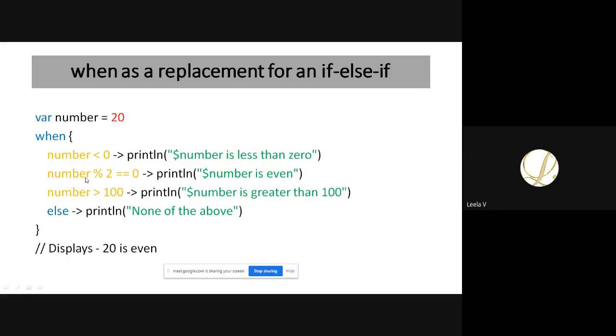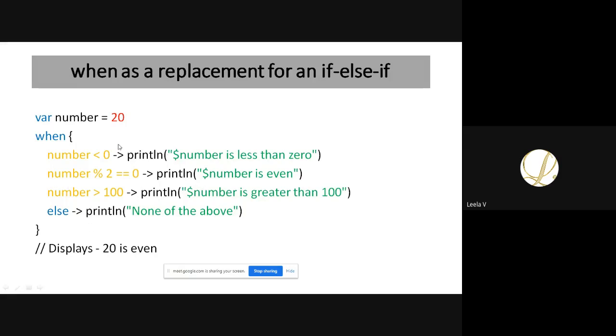Then number mod 2 equal to 0, so I'm checking this, and I'm printing this number as even. The condition number greater than 100 is false, and we are not going to the else part also. If any one of these conditions is true, that branch statement will be executed. Otherwise, it moves to the else part.